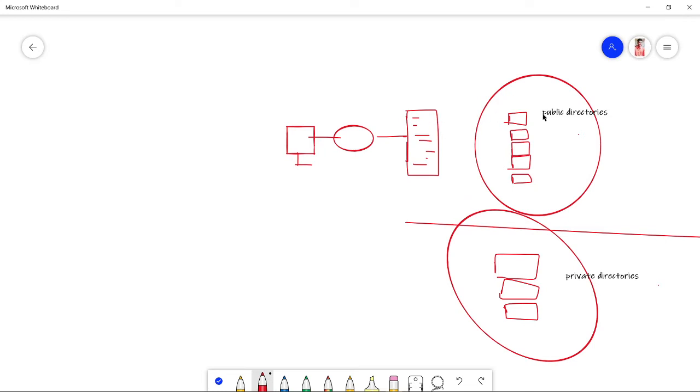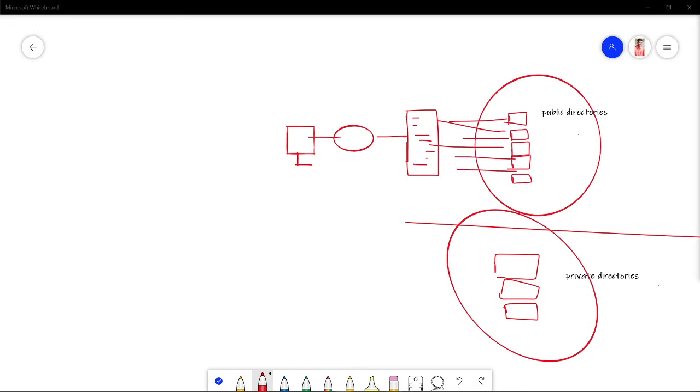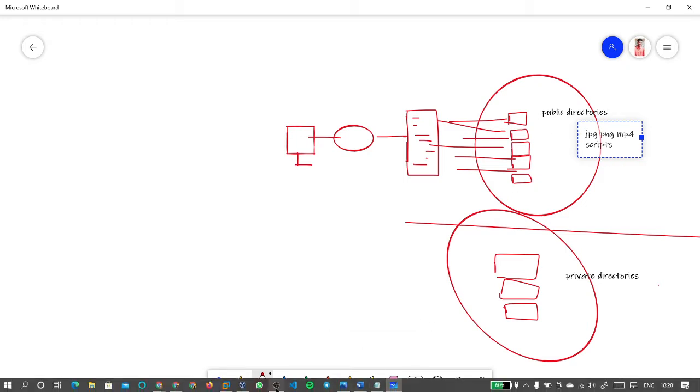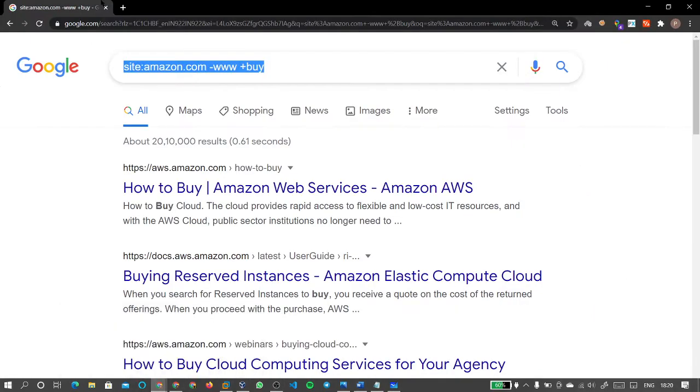The database will have these contents, which include scripts. In the public directory they can have JPG or PNG or even MP4, anything in view of someone accessing the site. It can also have scripts; a website is made up of scripts. So let me show what a script is.